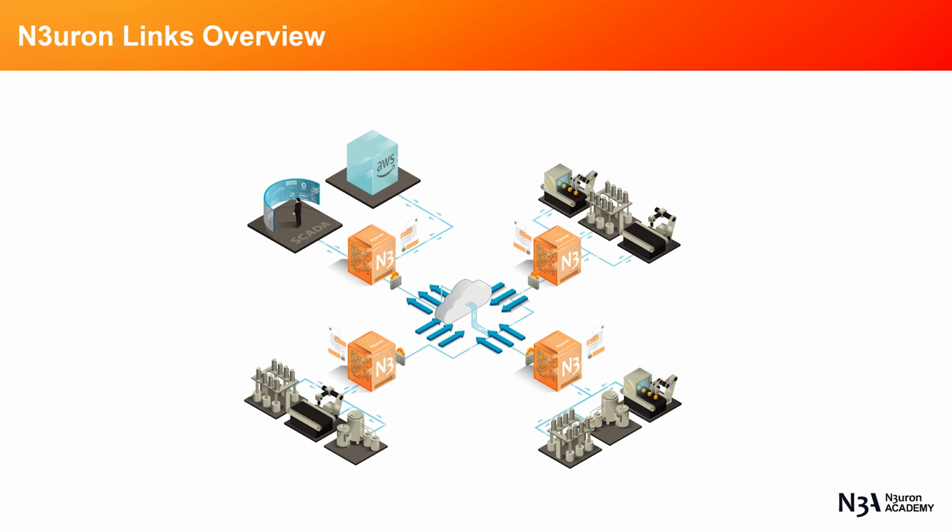All connections between N3uron nodes include an automatic store-and-forward mechanism, meaning that any data that is not delivered due to a communication outage between nodes is saved locally and automatically resent once the connection is restored. In terms of the storage capacity required by this store-and-forward mechanism, users should take into account that 100 million events occupy around 1 GB of hard disk